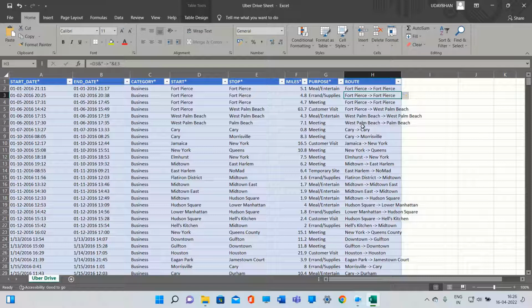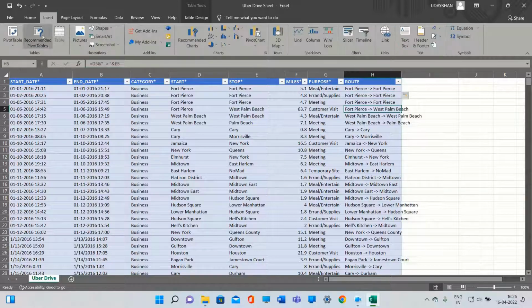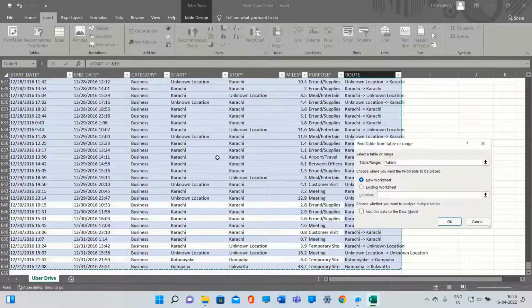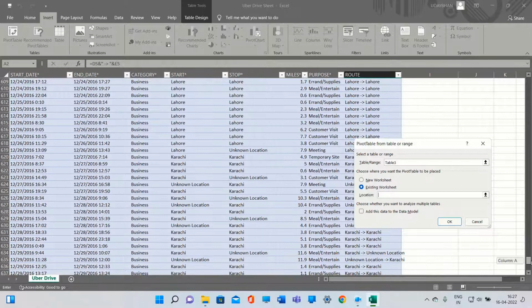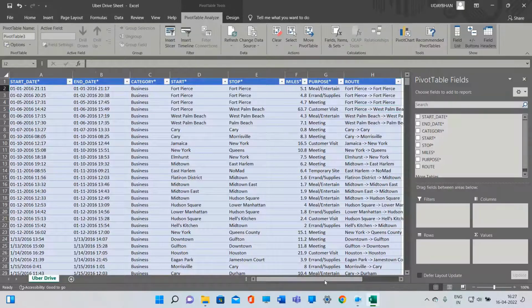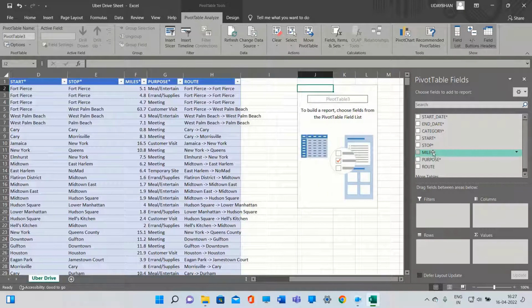we have to make a pivot table. So now we have to make a pivot table. I created the pivot table and I selected the destination. I have selected table 3. I have selected the location of the pivot table, then everything is fine, click OK. Now we can see here there is one more extra column, that is route.